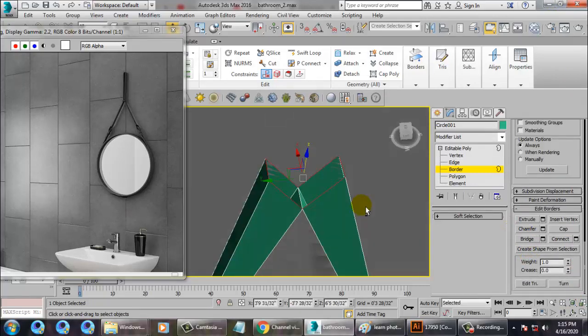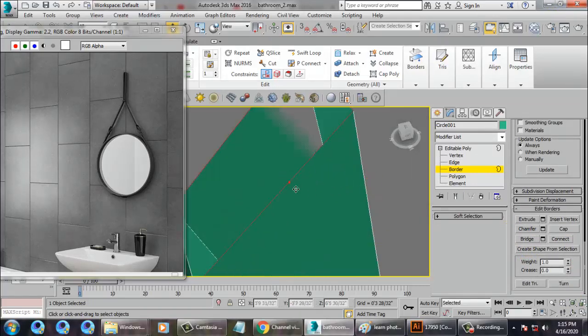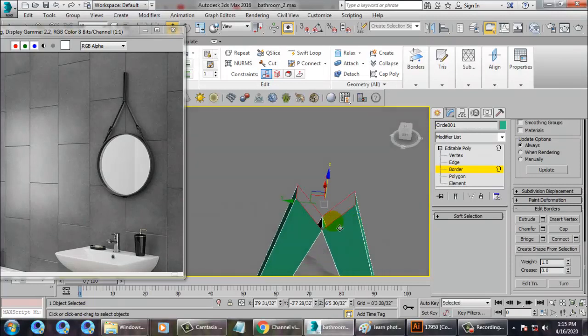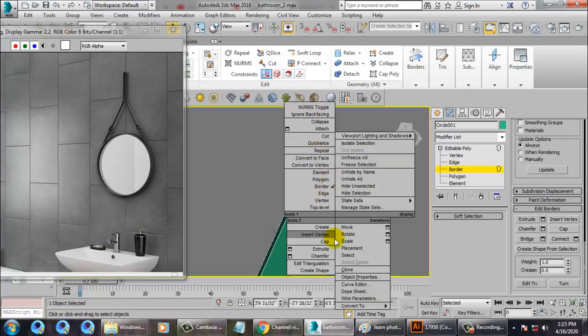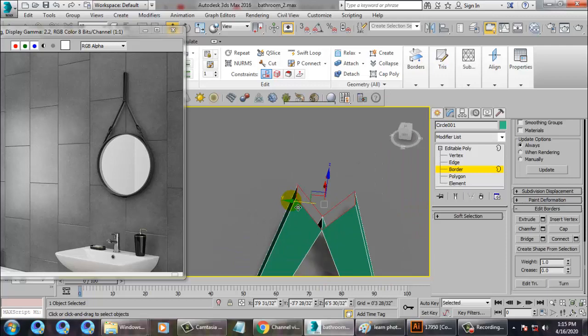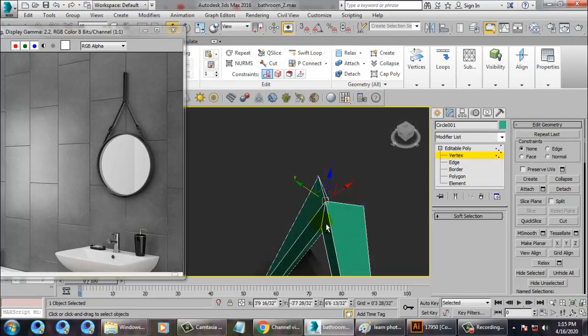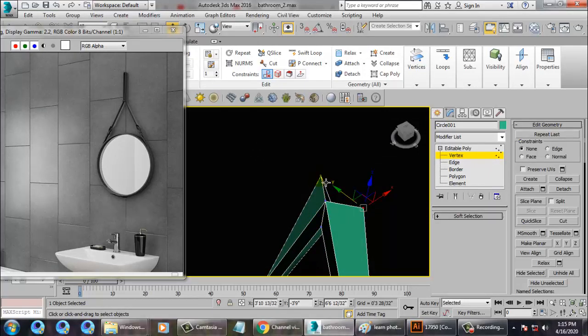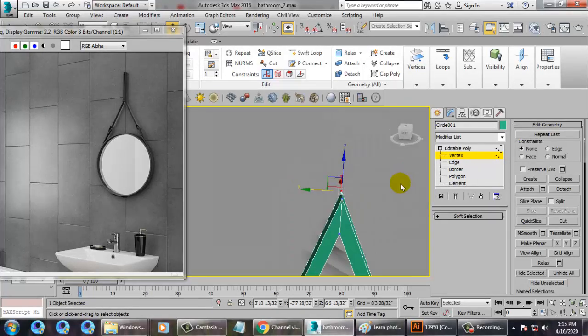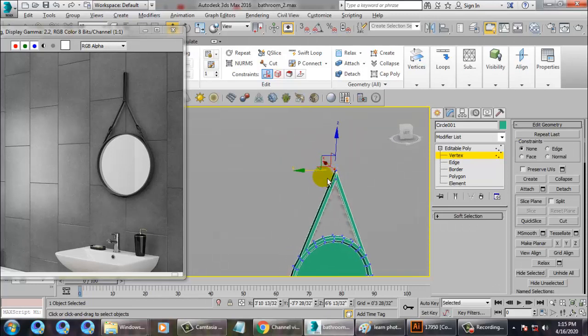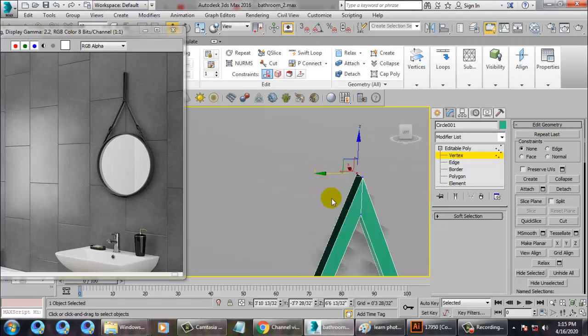That's a problem for the bridge. Either you can use a target weld, or let's go into both the vertices, right click and weld it. Select this and this, right click and weld it. That's it. Alright, so we can keep this in this way, not a problem.